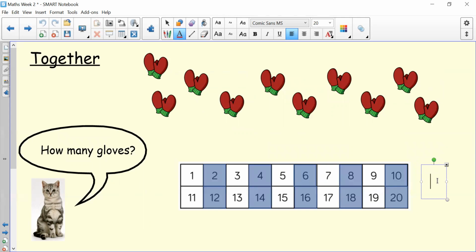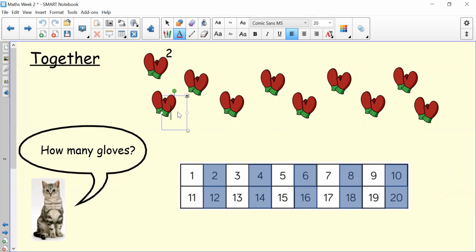Right, now this time we have got some more pairs of gloves. Let's have a go at counting them. So we can use this section of our 100 square to help us if we get a little bit stuck, because remember all of the numbers that are shaded in or coloured in are the numbers that we say when we count in 2s. So are you ready? Let's go. We've got